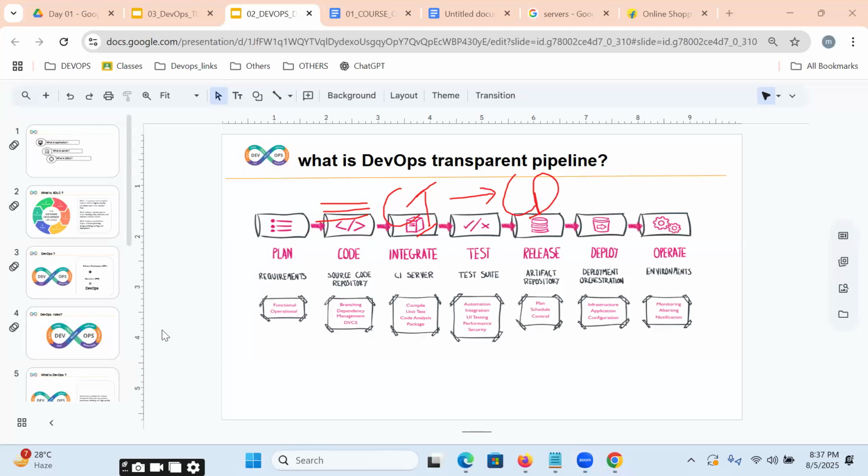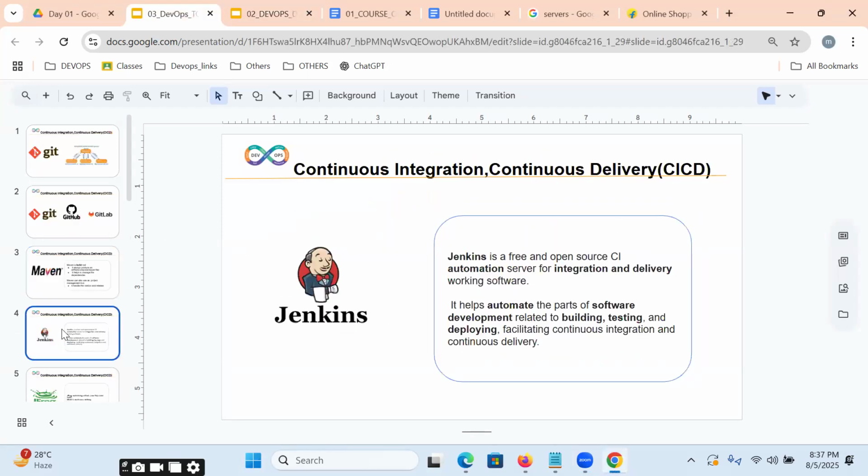This entire CI/CD process we are going to implement with the help of Jenkins. Jenkins handles continuous integration and continuous delivery of working software.